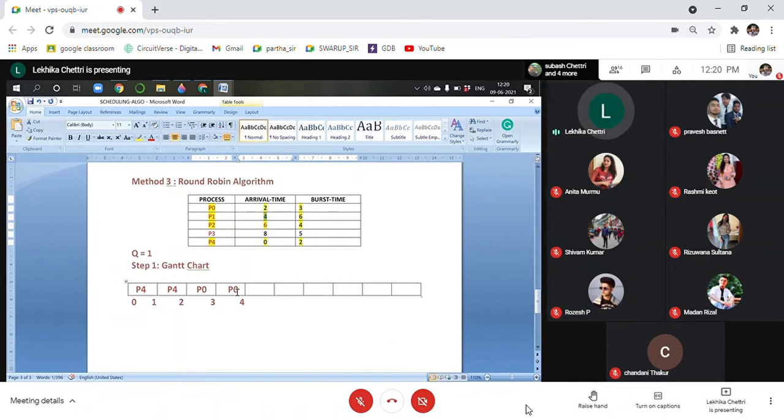So P0 is dispatched from your CPU to the ready queue. Here in the first round, it is not dispatched. First you must check. If there is none, it will continue. If there is another process that has entered, it will be dispatched back to the ready queue. So now P1 enters. The timer goes from 4 to 5 unit time. So now tell me, what will be the value here? Will it be P1, P0, P4 or P3? What will it be?